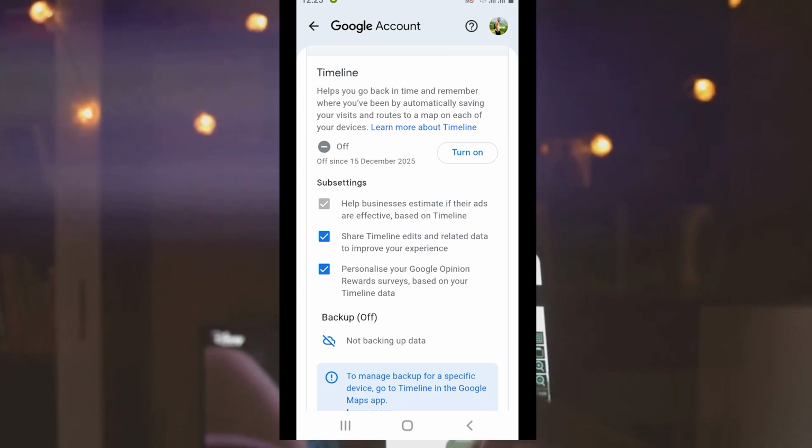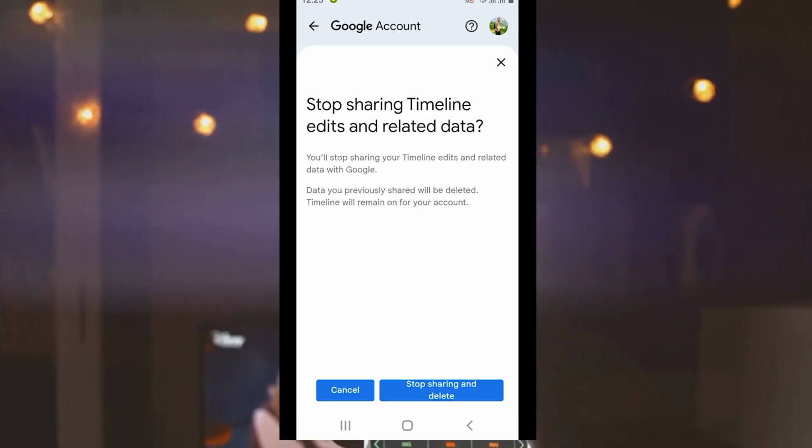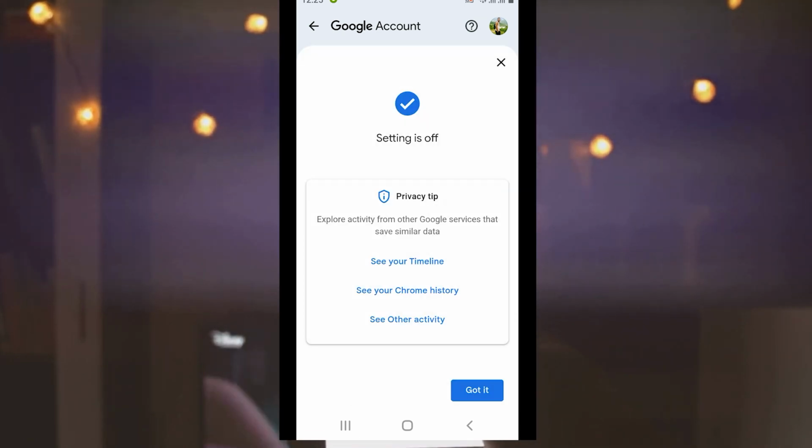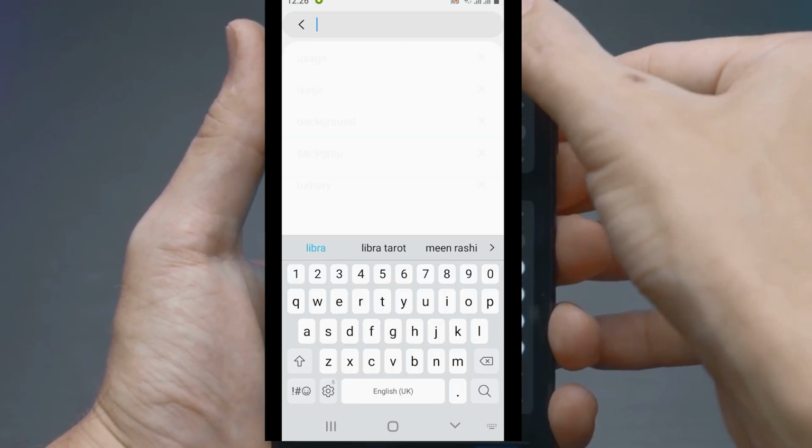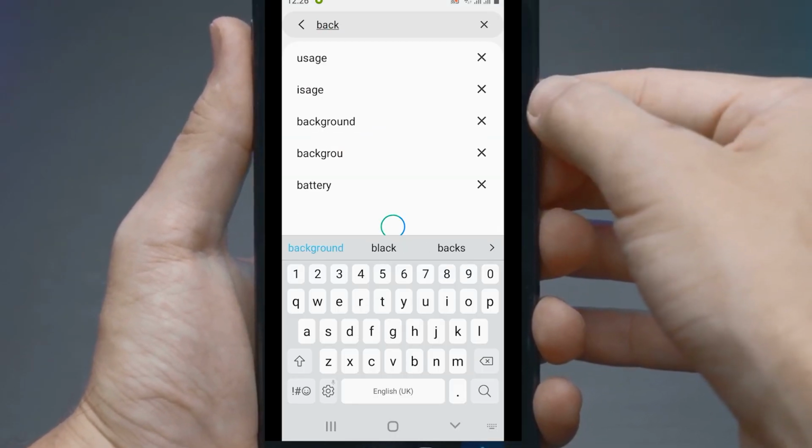You can also find an option to auto-delete activity older than 3 months. This is non-negotiable for privacy. Turn it off now. Head back to the main settings menu, search for Google again, and look for Usage and